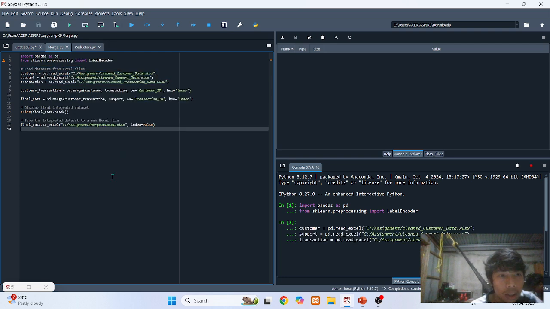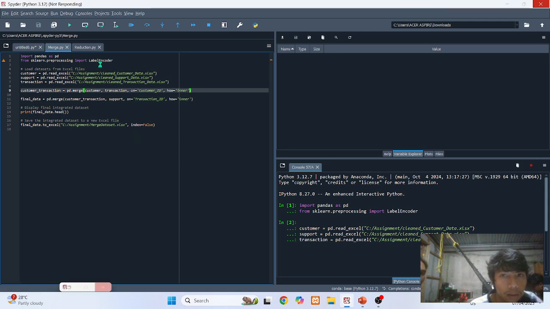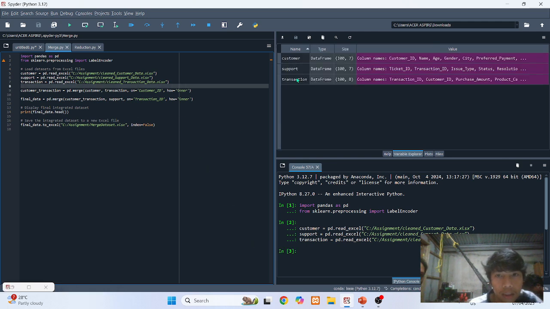Then after loading the datasets, we need to merge the three files. We'll wait for Spyder to load the datasets. My Spyder is not responding. So the customer, support, and transaction data have been loaded.